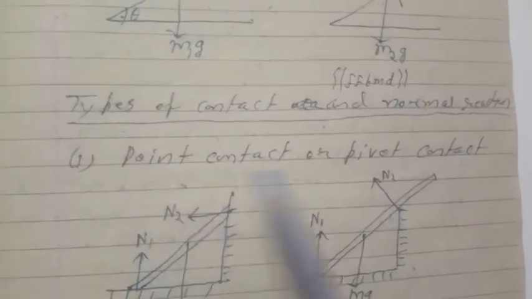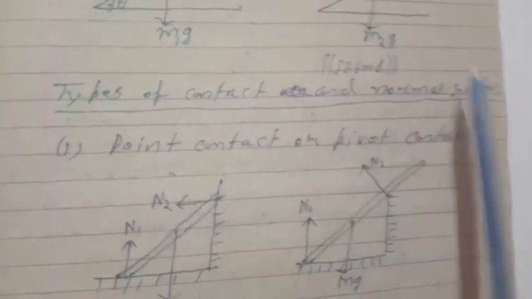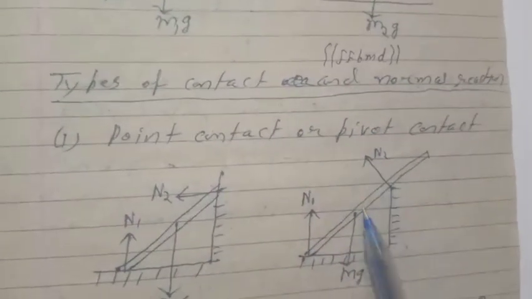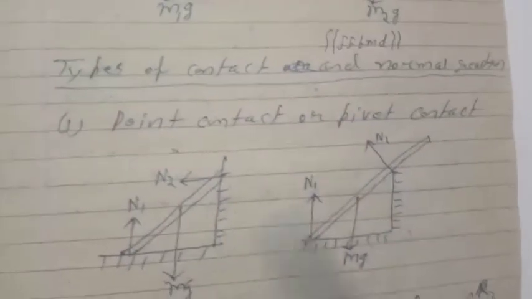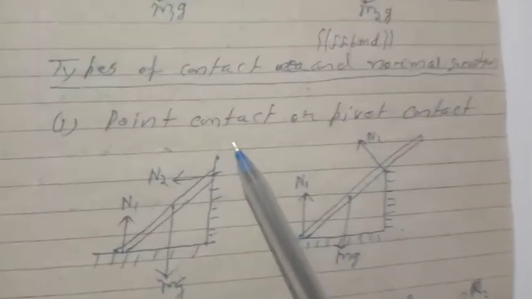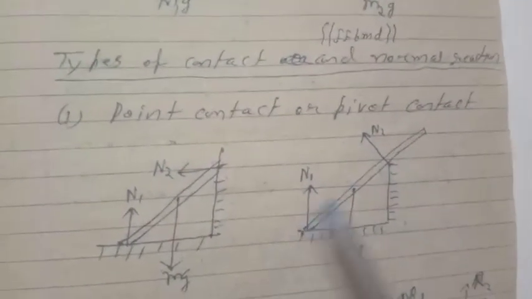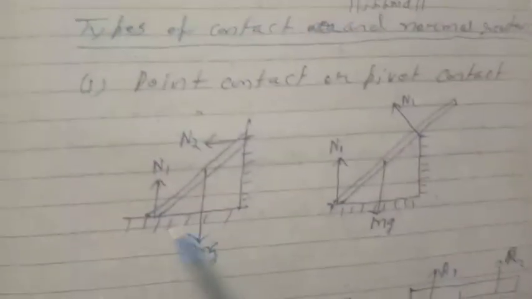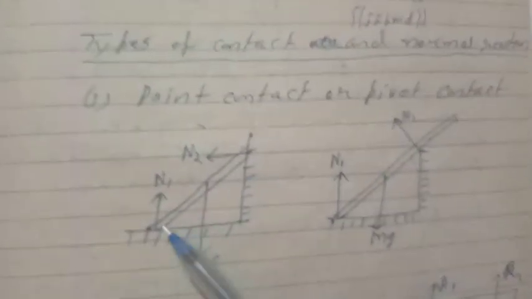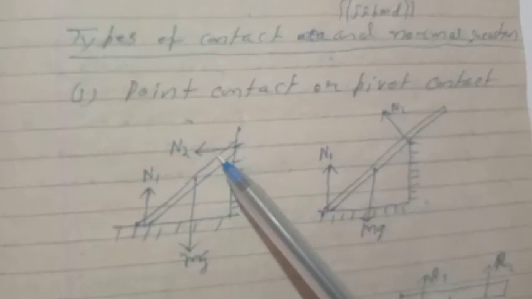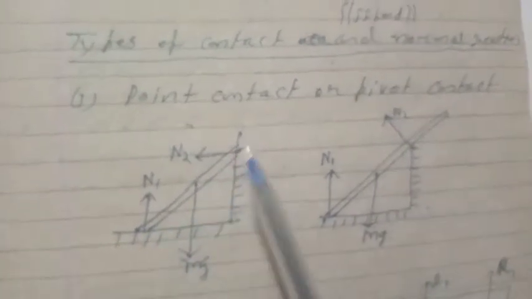Now there are different types of contact and normal reaction. We will see one by one and discuss the different situations. For example, here point contact or pivot contact is shown. Consider a rod put like this, then